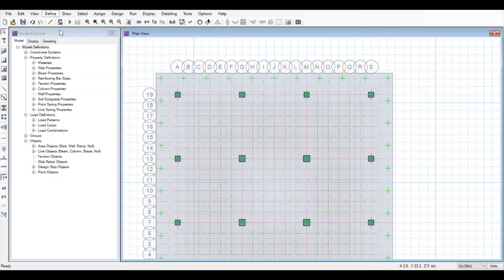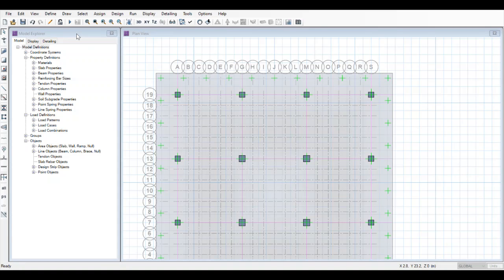Go to slab properties, go to add new property, then add the slab material as M40, type as mat, thickness you can start by considering the initial thickness as 600 mm, and if the design check fails, we'll keep on increasing the thickness of the mat foundation. Click on OK again.